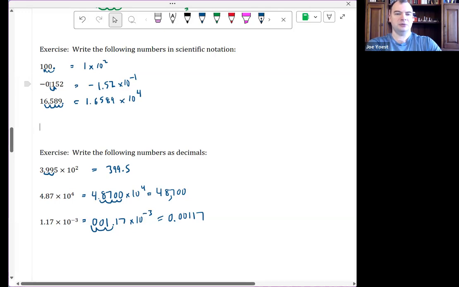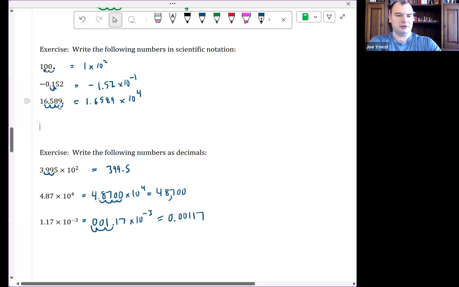So negative 0.152. Here we need to move the decimal point 1 place to the right to get one non-zero digit in front of the decimal. So that's negative 1.52. And then to account for that, we have 10 times 10 to the negative 1,